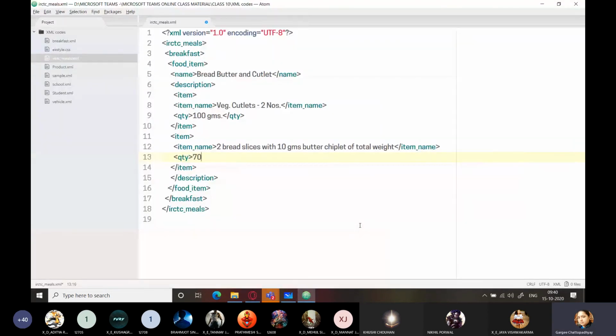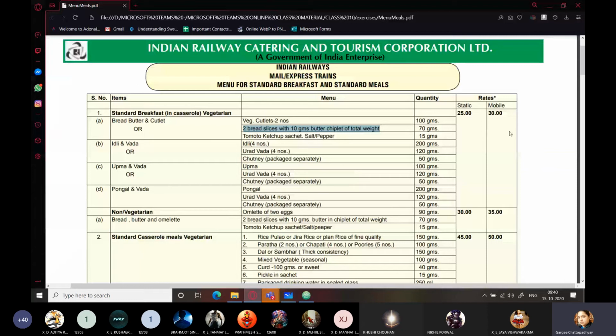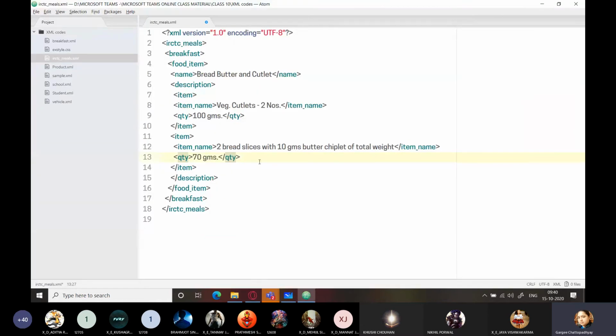Something was going wrong with the previous one, so that's why I had to make this change. So now you can see it very easily. Item, within item, item name, quantity. Again another item, item name, quantity. Again another item, item name, quantity. So I'm just going to show it to you how it looks on the browser.